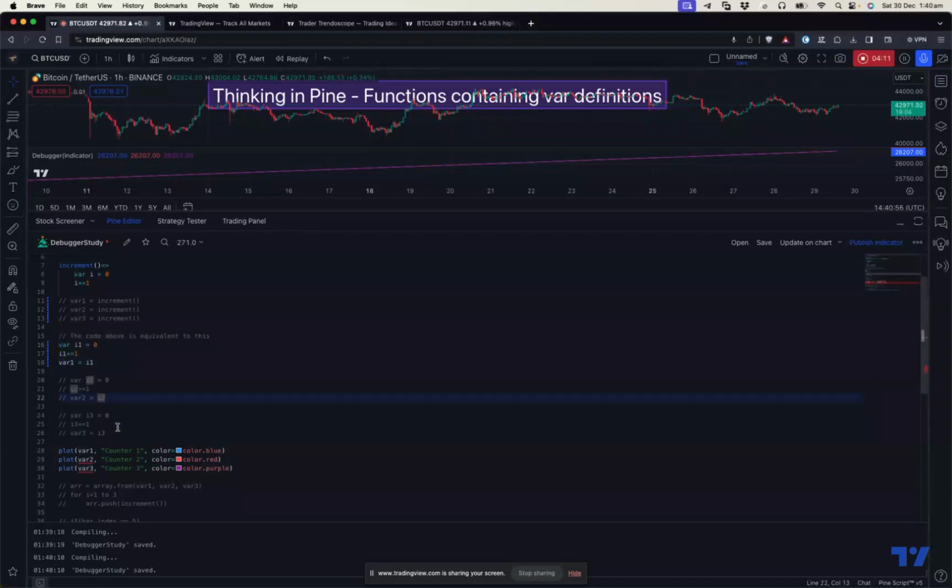And similarly, I2 and I3 will have their own copies of var2 and var3. So the function gets substituted again with different variable names, and it gets incremented separately, right? So as a result, when you call this function three times, it creates three var variables instead of